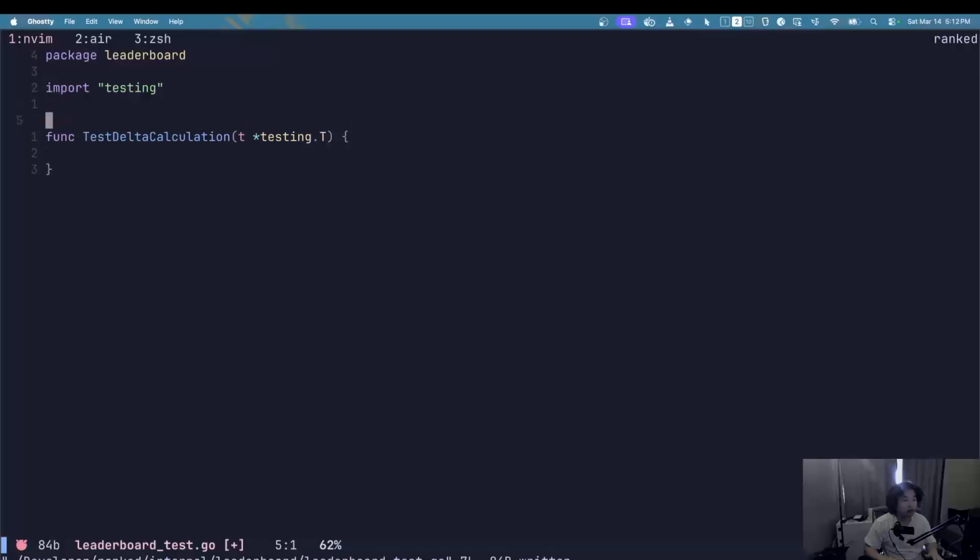So we wrote a calculate delta. So I believe it takes in some match payload. Test match payload. Let's probably get rid of that.